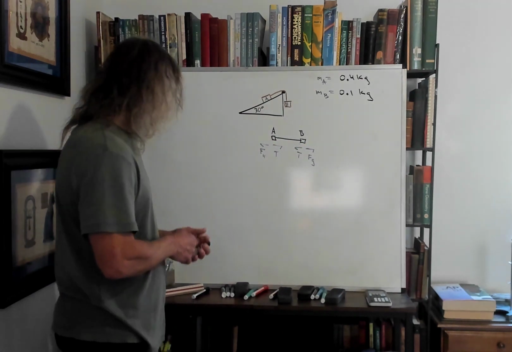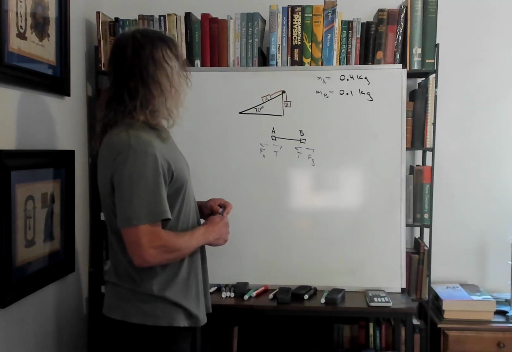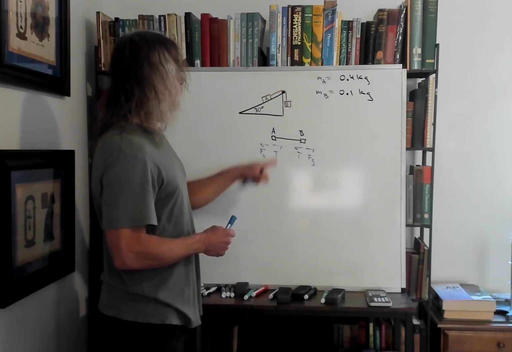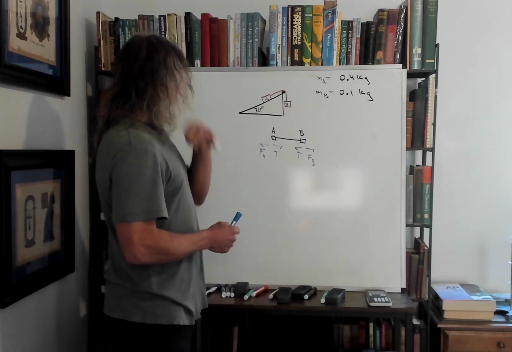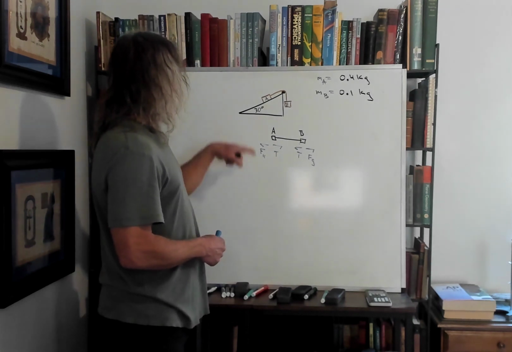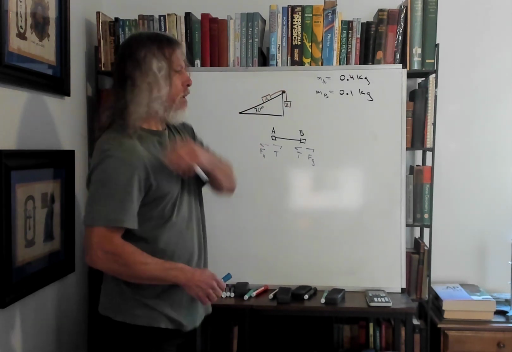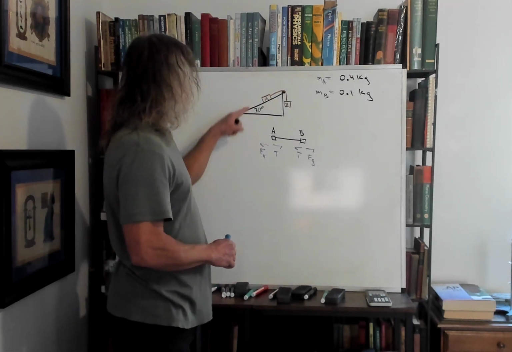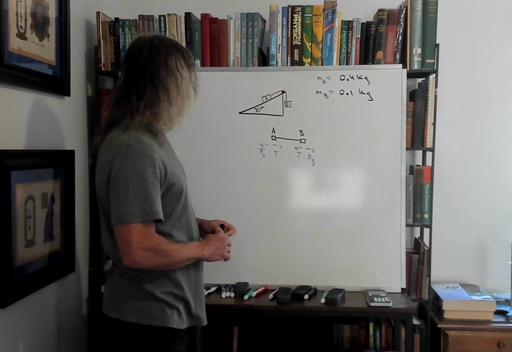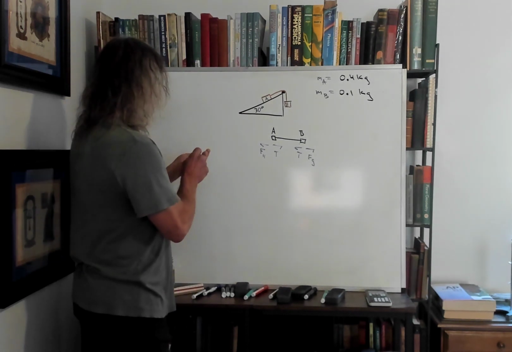So if we get our equations, now we're looking at A has a mass of 0.4 and B 0.1. And remember, the parallel part in the direction of motion would be sine of 30. So if we write that down, the parallel component, as we've done before,